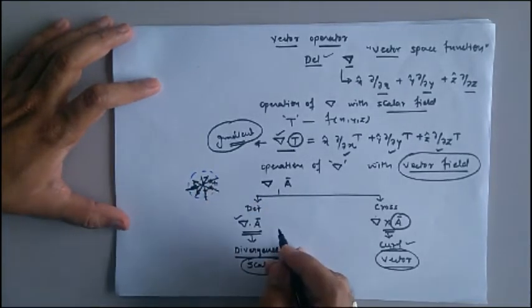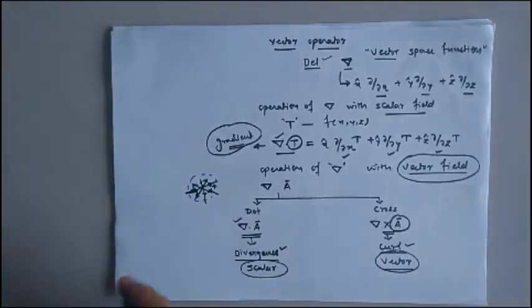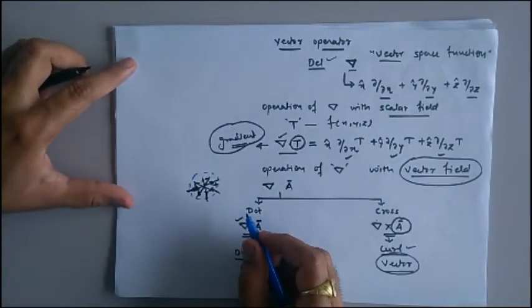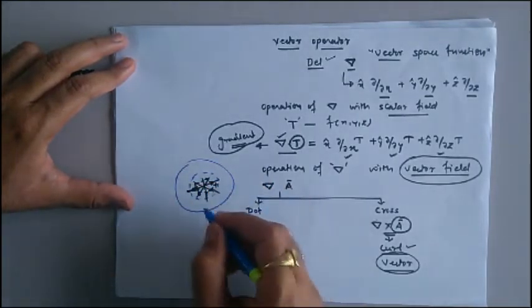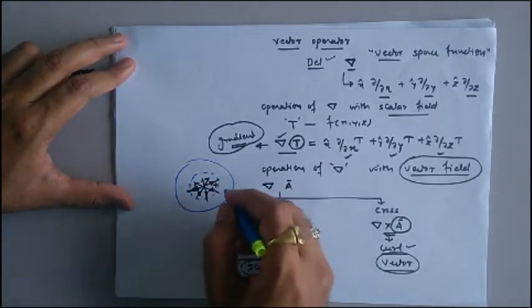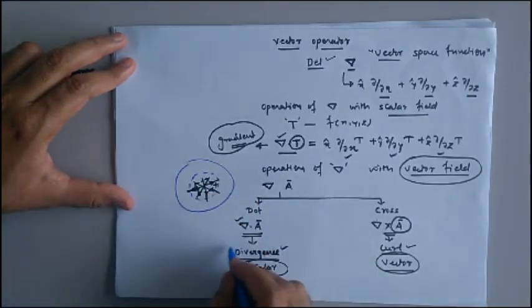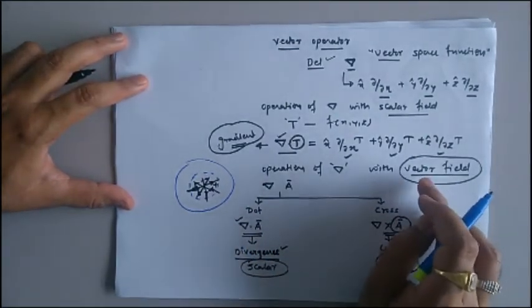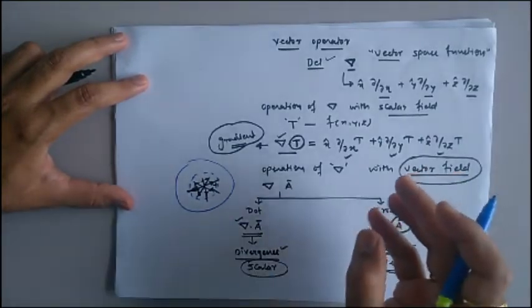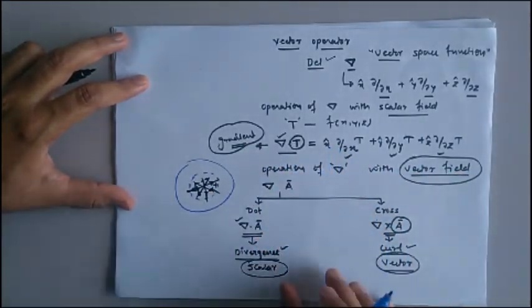Now suppose you increase the size of this particular sphere, then you may find one instant where the total field lines coming out from this sphere is going to be 0. So this is the physical significance of divergence. That means divergence is basically used to identify how that particular vector field is going to act as a source or sink for that particular field, which is very, very important.